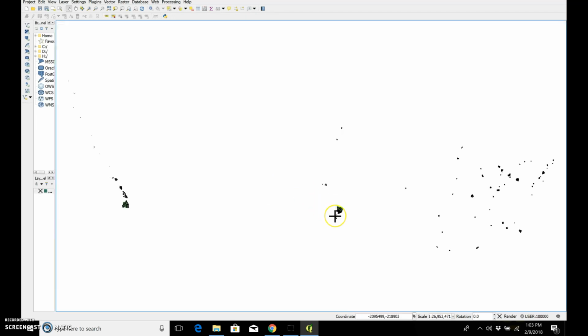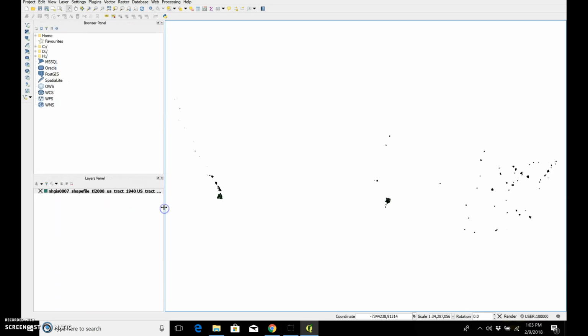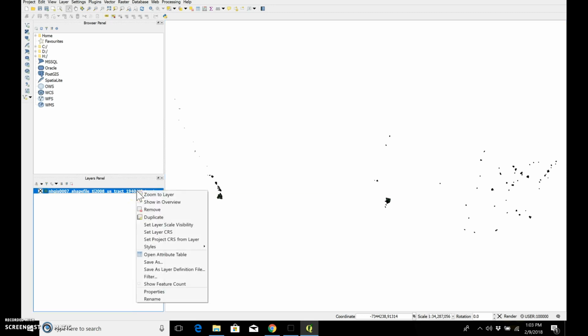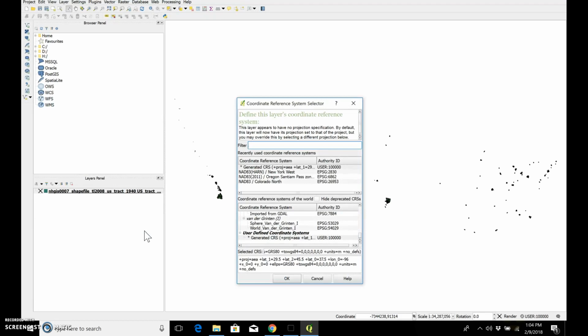As soon as you open it, you can see you have a map. It's an ugly little map of the United States, but this is the racial data that's available for our urban centers from 1940. I'm going to drag this over a bit so that we can see what's going on. We want to check the CRS layer for our shapefile. So if you right-click in your Layers panel on the shapefile, Set Layer CRS,